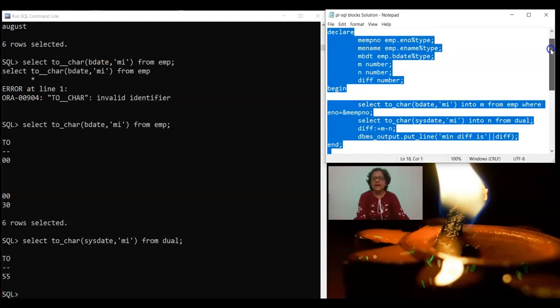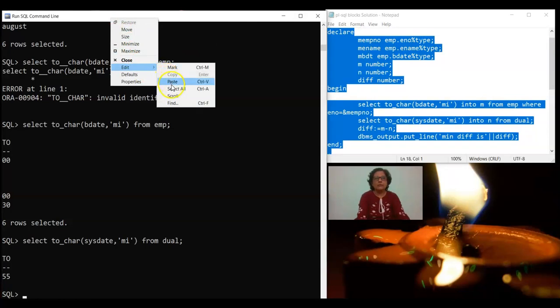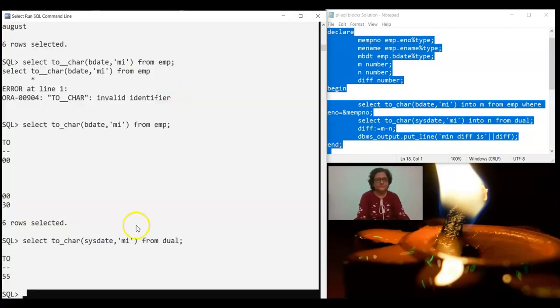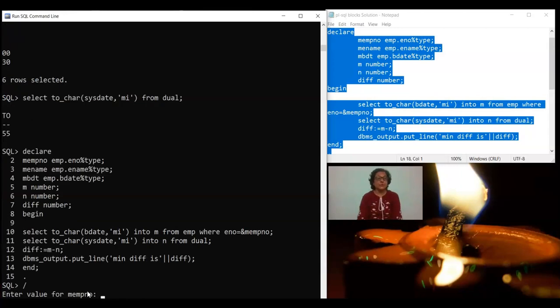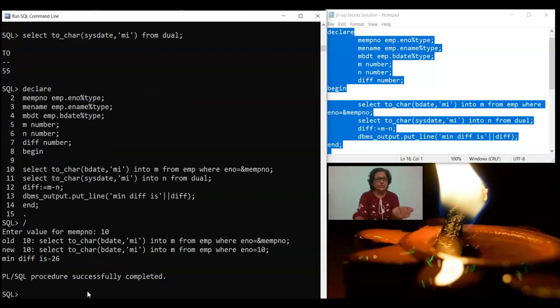You can have a look over here by the time, and then I would paste it. Sorry, very sorry, I would paste it in this manner. My table contains the value 10, because that is the latest value which I entered for this PL/SQL block. You can see here the minimum difference is minus 26.